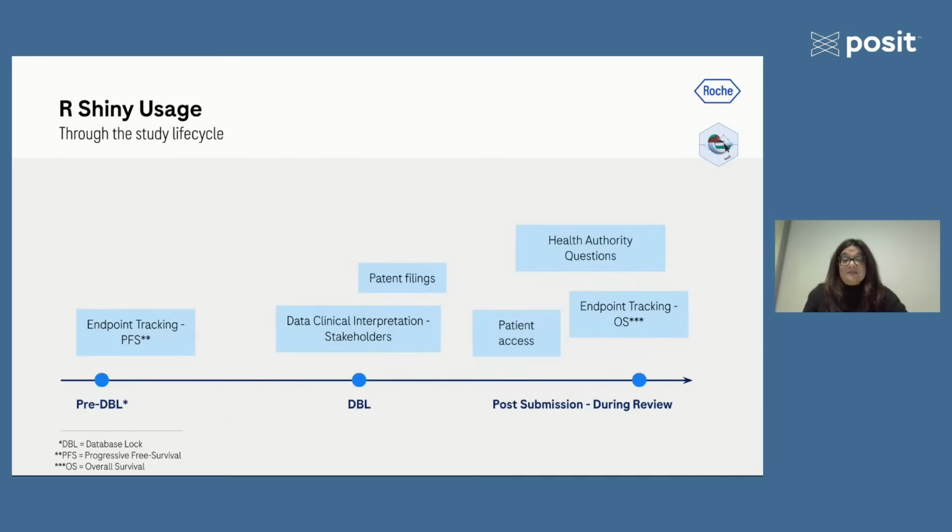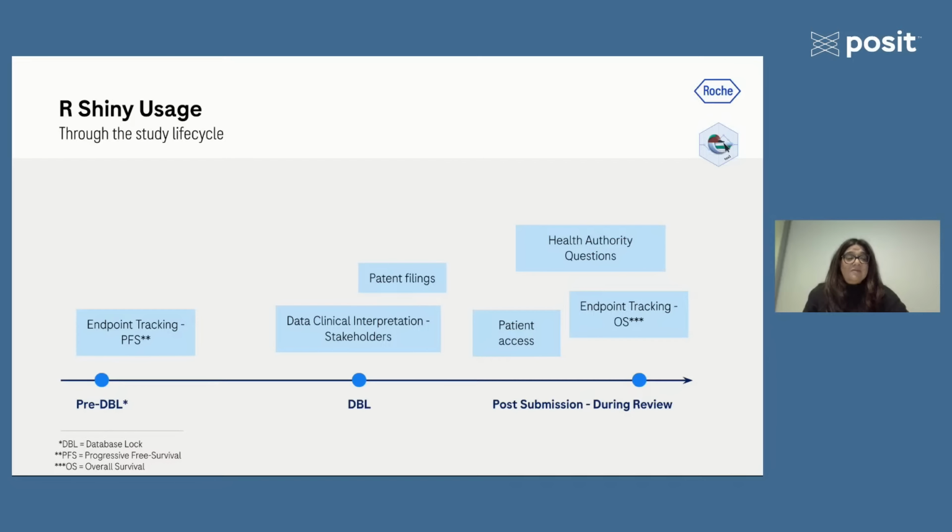After study database lock, when the number of PFS events are achieved, we unblinded the study and reran the final analyses to assess the treatment effect. And our second R Shiny app was used during the clinical interpretation meetings with internal clinical science and the regulatory team. The R Shiny app has also been beneficial for external requests within Roche, such as those in case of novel insights